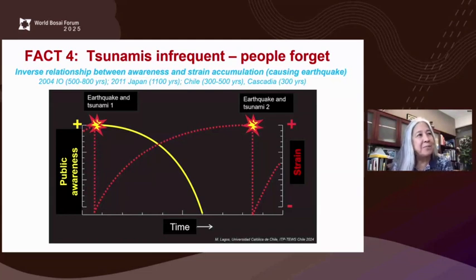But that's almost in contrast to the public awareness. And we saw, for example, in 2004 from the Indian Ocean, global awareness at that time. It probably continued for several years, but you might arguably say that over time and today, we have a challenge of trying to keep that awareness of the potential threat from a large and great earthquake and tsunami. So we've got an issue as we think about our most dangerous tsunamis, that because they're so infrequent, people do forget, and it's a challenge to maintain that awareness and preparedness. Next slide.